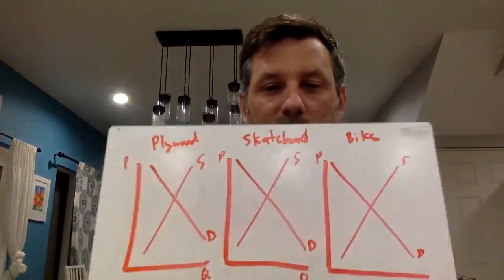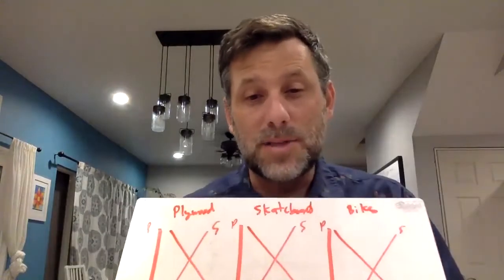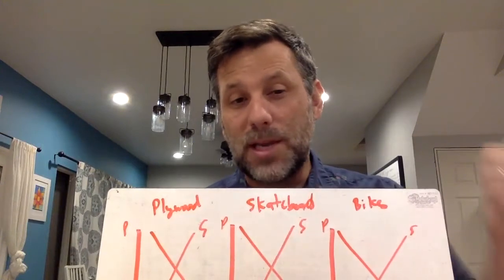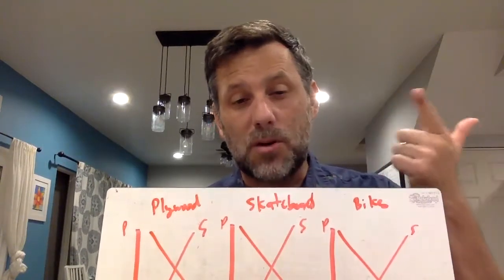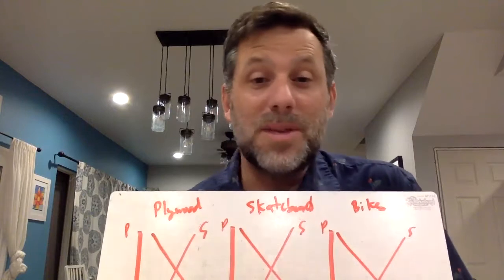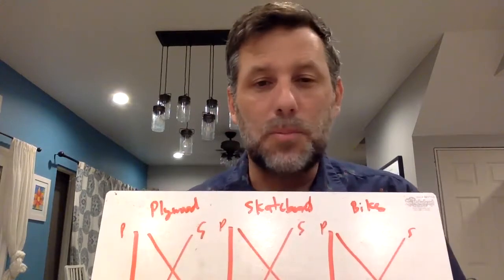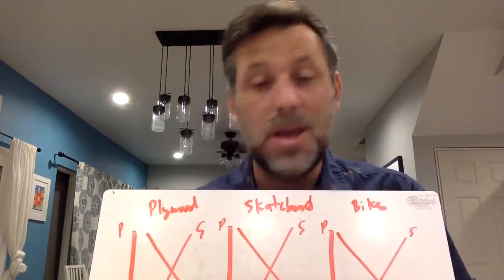So for this practice question, we've got plywood, skateboards, and bikes, right? Now, let's say the scenario tells you, again, to repeat, plywood is a resource used to make skateboards. Skateboards are a substitute for bicycles. And so then they say, let's say the government decides to put a tax on plywood. Well, first thing we're going to want to do is go to our plywood graph and look and see